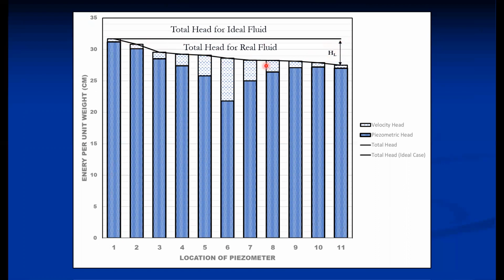So from this, we make a conclusion about Bernoulli's equation: there is always energy loss along the direction of flow, and that loss is HL. The loss in this particular section is because of friction as well as because of change in velocity. Because at every section the velocity is different, because of the change in velocity also, the loss is there.